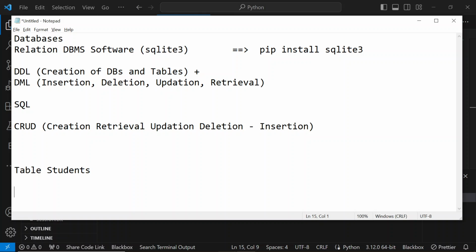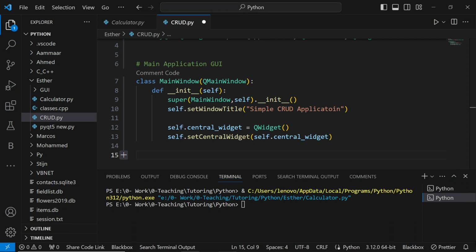For example, you can say id, name, cell, and course. Or for simplicity, I can add only id, name, and cell, only three columns. Okay, so if this students table has three columns, then according to this structure, I have to create the graphical user interface,